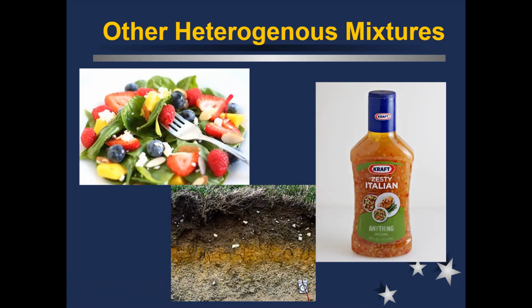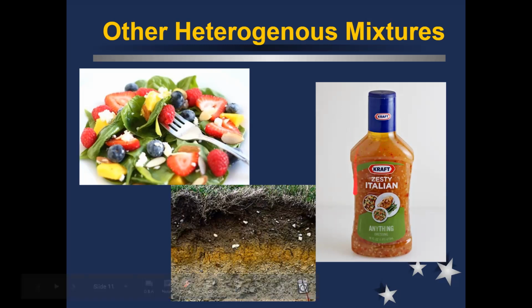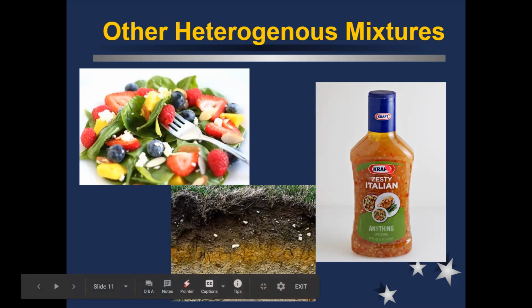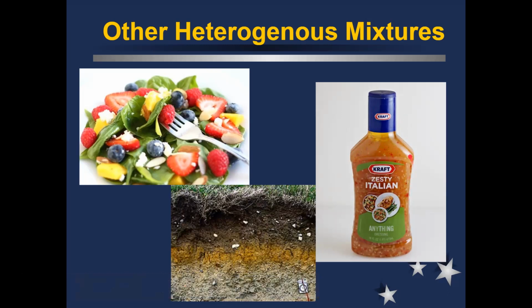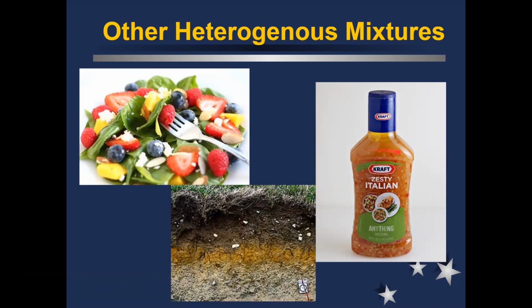Same thing with not just salad, but even salad dressings can do the same. Like this zesty Italian dressing right here. Sure, it's made out of mostly this oil and flavoring combination that makes up the orange background. But then you can also see all these little clumps of peppers and tomatoes and garlic and stuff all in there. That's what makes it a heterogeneous mixture, right? Not everything is completely evenly spaced out. We have all these little clumped areas of peppers and garlic and stuff like that.